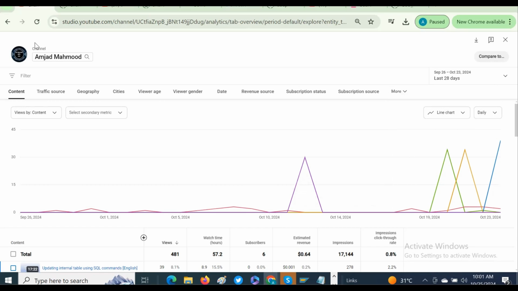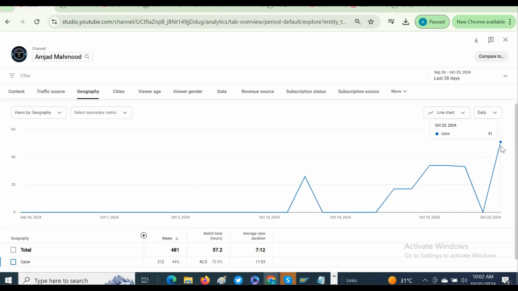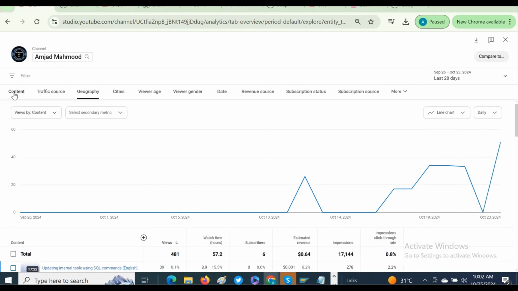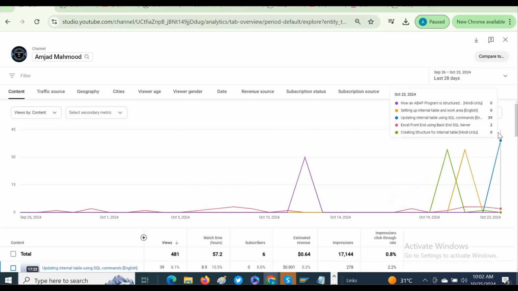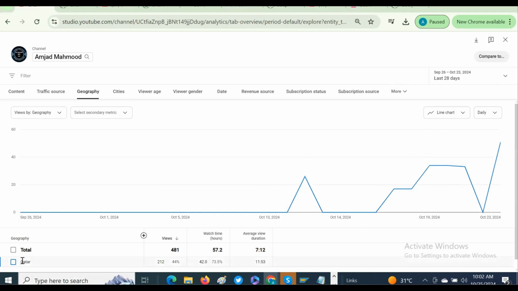Right. So let's go and see what the geography is. The geography is telling the same thing again. All the impact is the same. You see how it resembles. If we go back, this graph, this trend resembles the geography. And this geography is for Qatar, right? My viewers in Qatar are actually using those videos. That was pointed out: the one video was making the difference. So this is that one video. Maybe in Qatar we have more SAP users. We can presume that on the basis of this data.